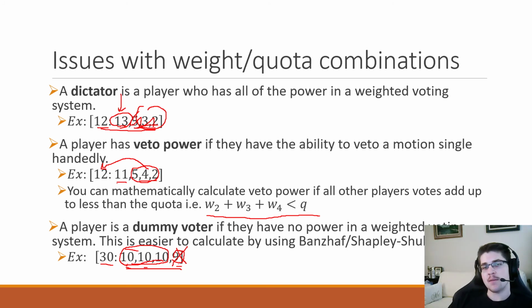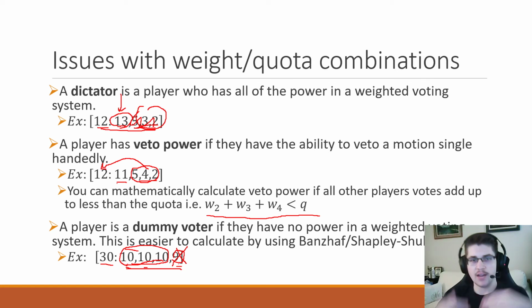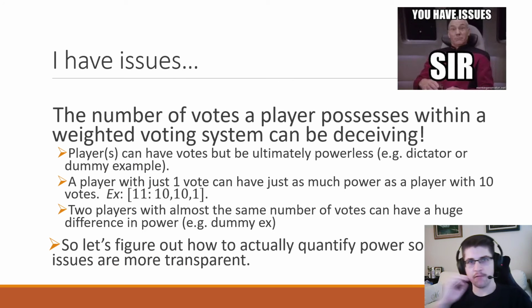Kind of like in this example, those votes will never be meaningful to make it to the quota. Determining a dummy voter is kind of hard to do just by looking at it, but these are some more obvious examples. Sometimes it's not always obvious whether someone's a dummy or not, and that's why we want to go through the analysis process to figure out the Banzhaf power distribution. And to wrap up, before we get to the nitty-gritty of the Banzhaf power distribution,